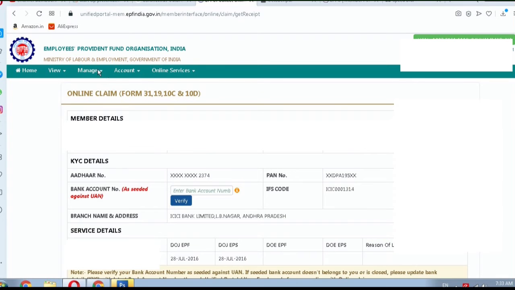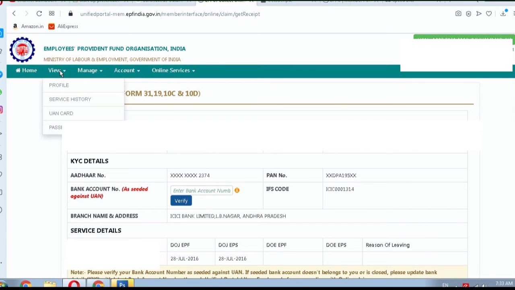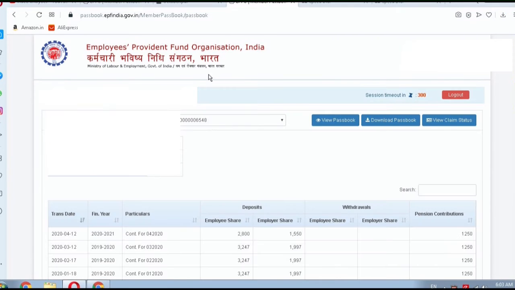Before going to the claim form, let's check the passbook. Provide the same username and password, UAN and the password, and here you can see the details of your passbook. The PF account holder here is having only one PF account, as he worked for only one organization.